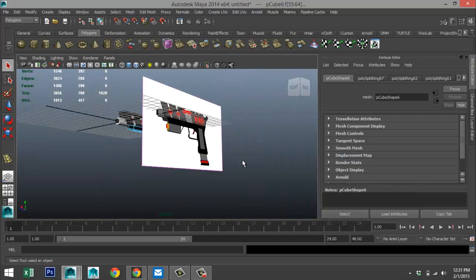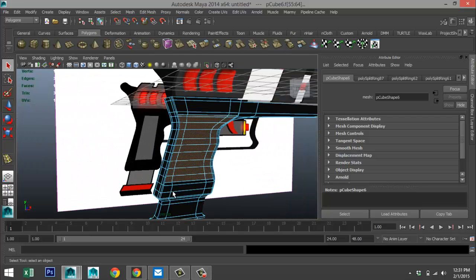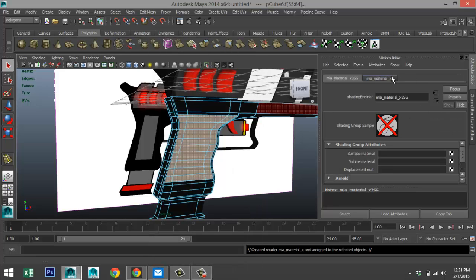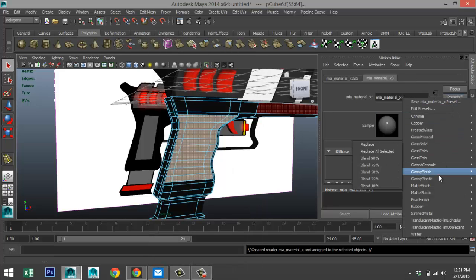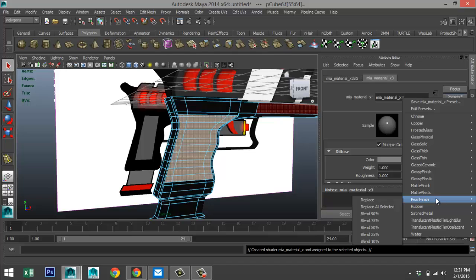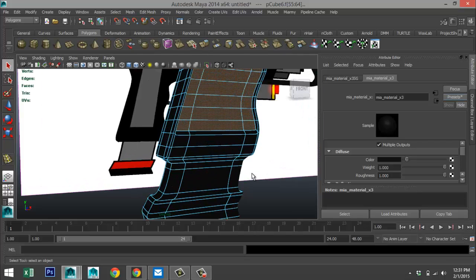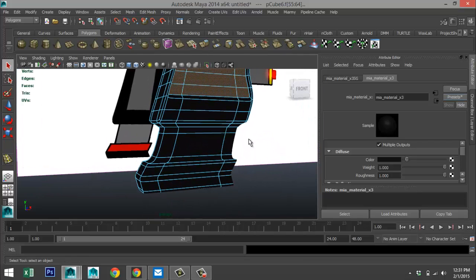There we go. Right click, assign new material, MIA_X, material tab, presets. Let's do rubber and replace, okay. And then we will deal with this section down here.